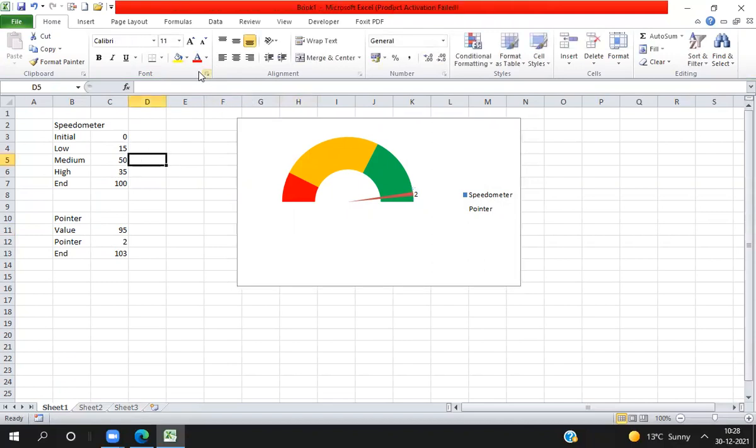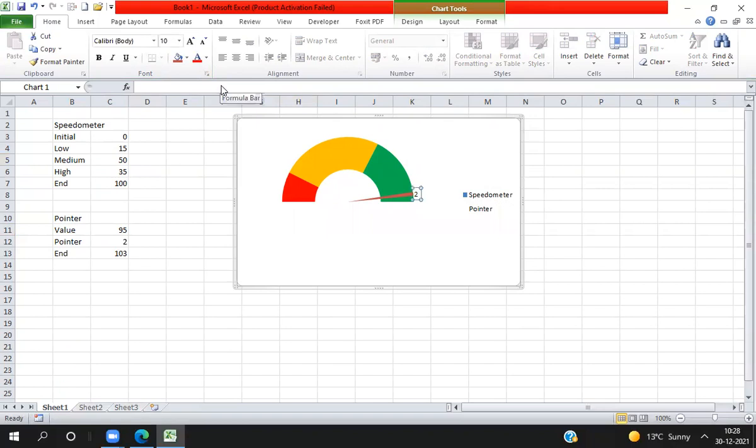Okay, I will select this and I will put my pointer. Equal to, now you have to take this value, then enter.